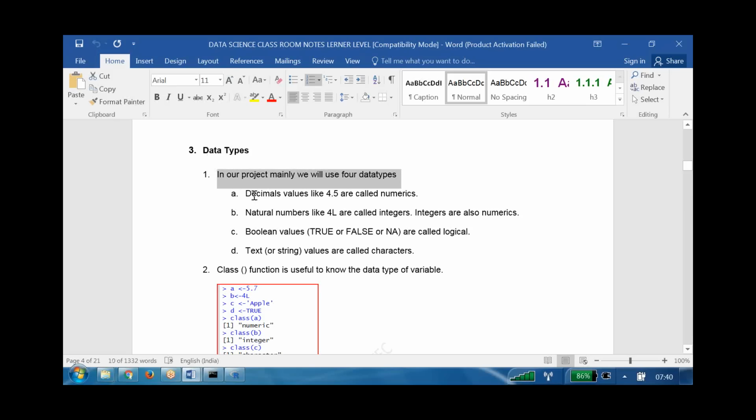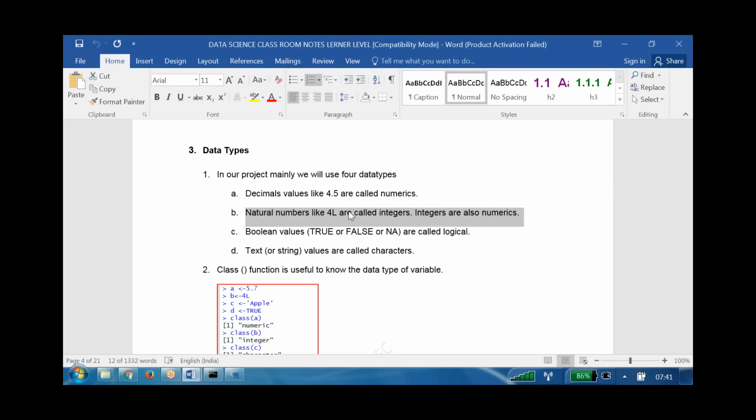For example, decimal values like 4.5 or 5.5 are called what? Numerics. And natural numbers like 4L, which is nothing but 4, are called integers. Integers are also numerics; the only difference is that here points are also available, and here it is without points. It is a rounded number.